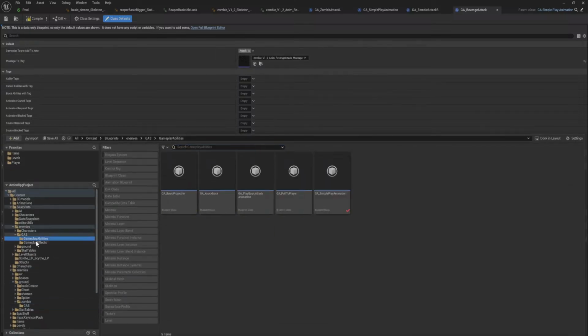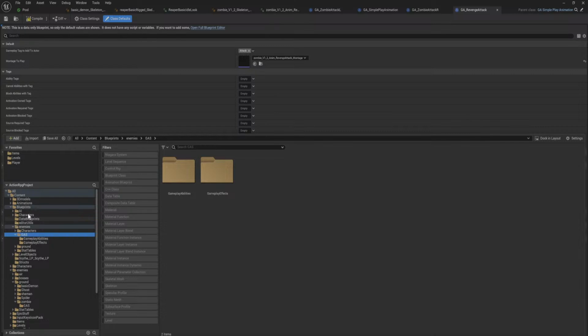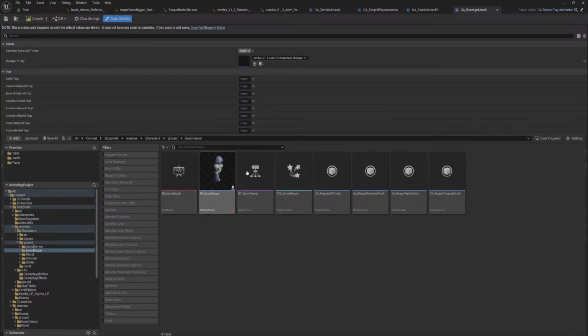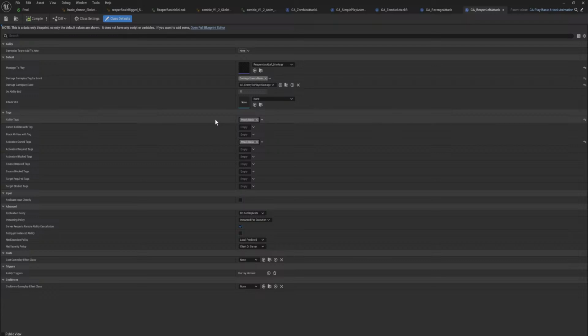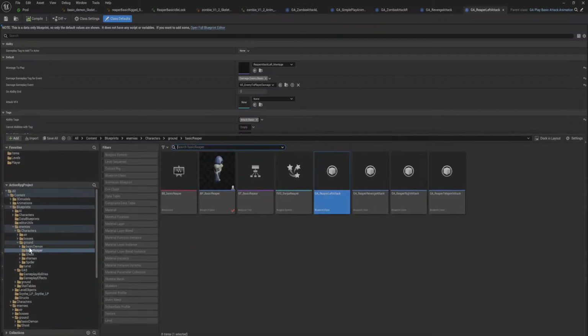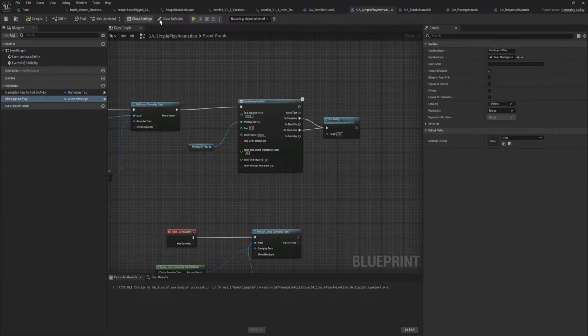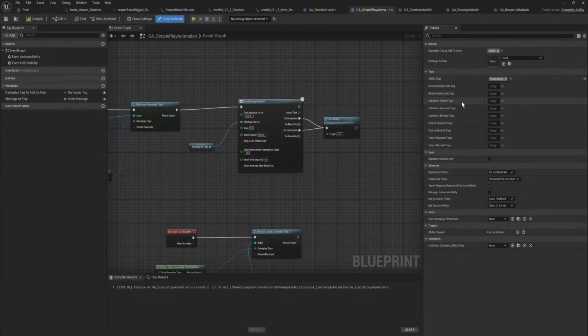Now, I do want to check some of my other enemies' abilities, because some of these definitely are going to have stuff happening in them, like this one, basic Reaper, right? If we do basic Reaper left attack, ability tags, attack.basic, activation owned attacks. So that's kind of everything there is to it, I think. Never mind. But we do want to set that up in the class defaults here. So for that and for that,